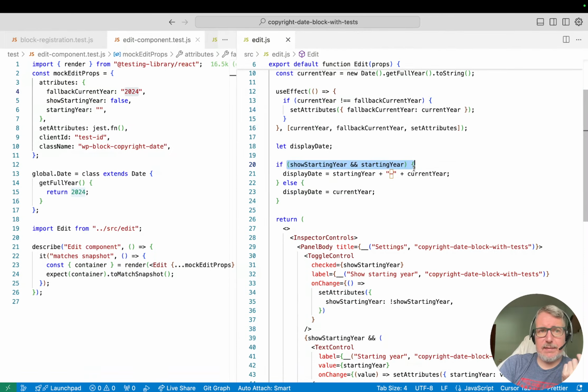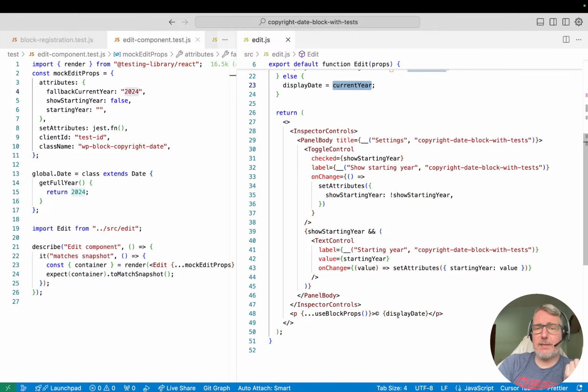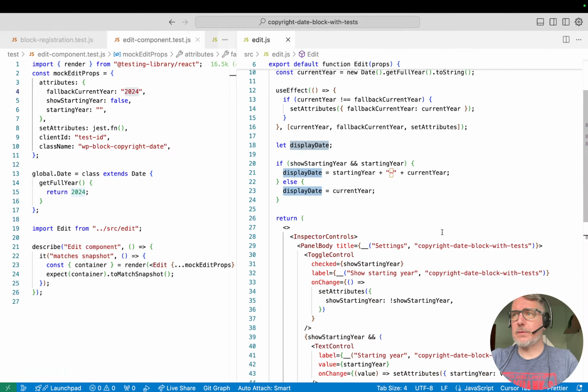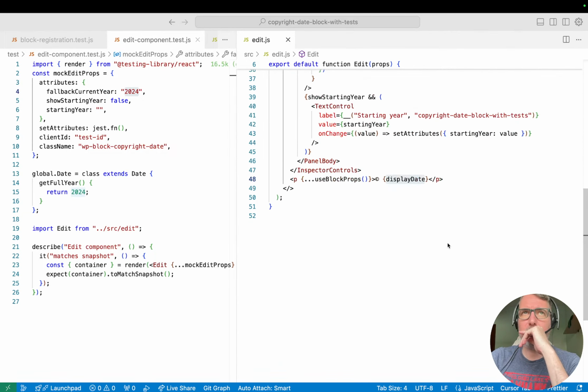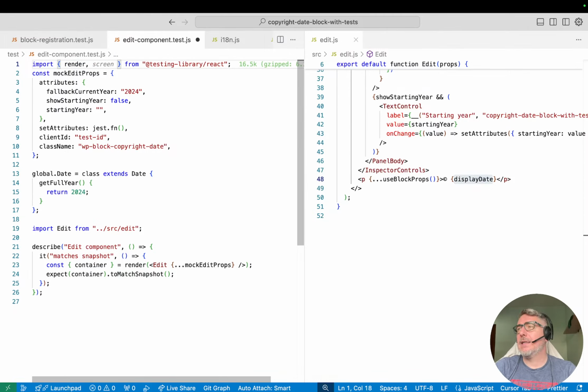If this is set, that in our case is not set because this is false and this is empty. Display date is just current year. So display date should be 2024. So our edit component should have 2024 in the rendered content, and we can test that using another method of the React library that is called